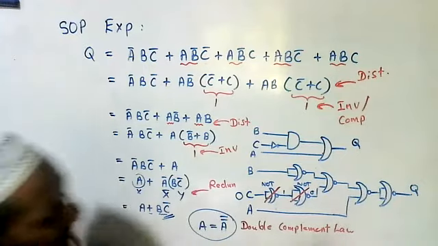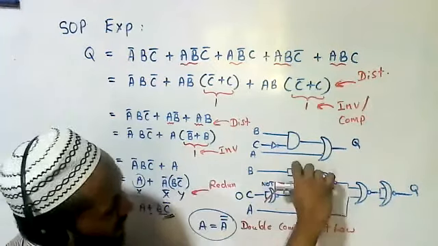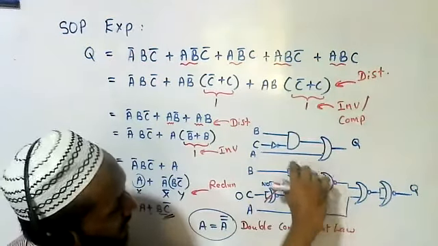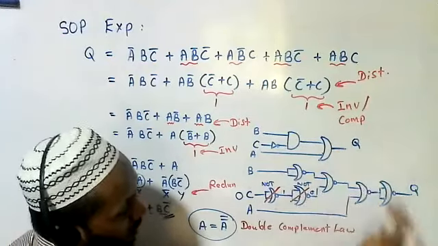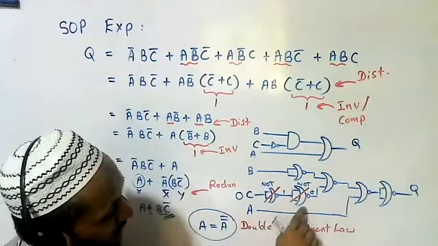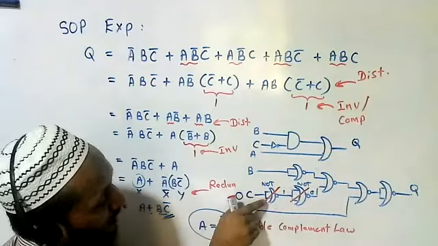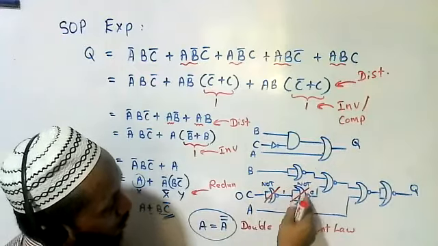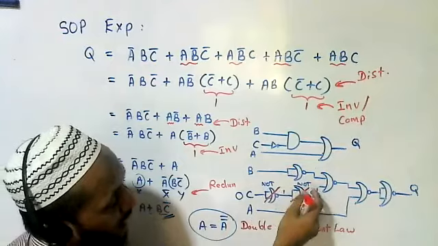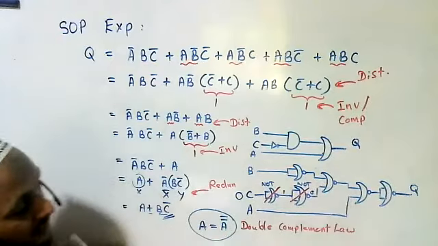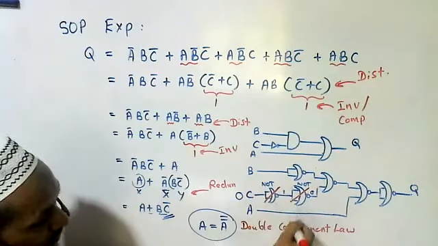Is it clear, students? Yes, okay. If there's one single NOT, we can't remove it. Here this is a single NOT, no? That means one single NOT gate is equal to a NOT gate. Here two NOT gates are there. According to the double complement law, if we give any input, after passing these two NOT gates the output is the same as the given input. That's why we remove those two. Clear?